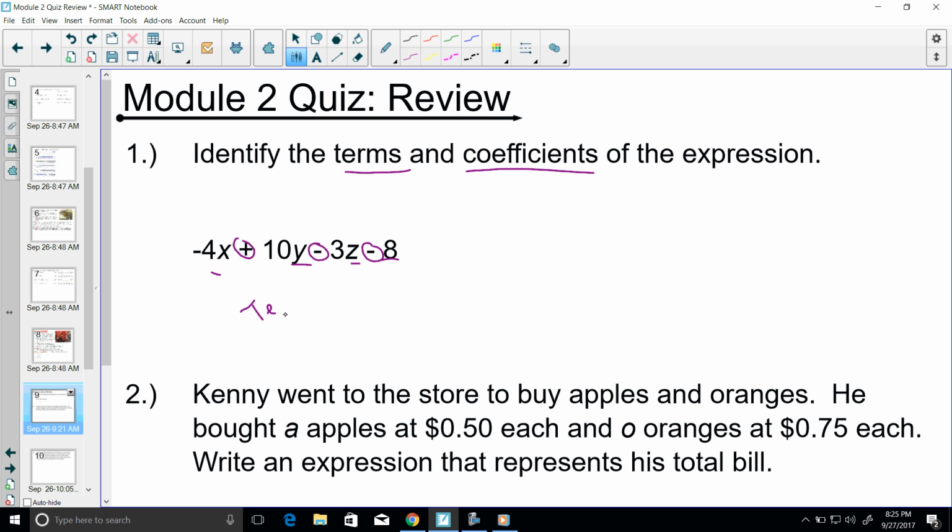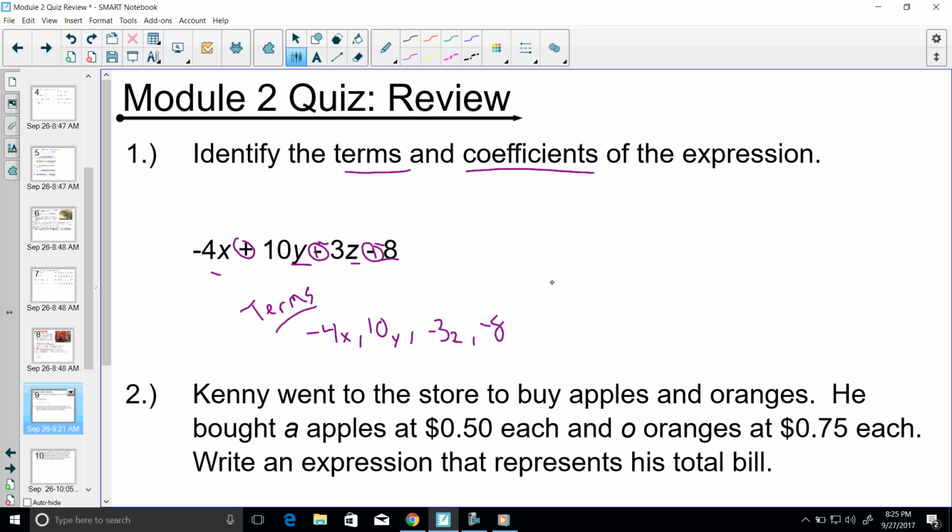So the terms are -4x, comma, 10y, comma, always add the opposite, that is a -3z, and this is a